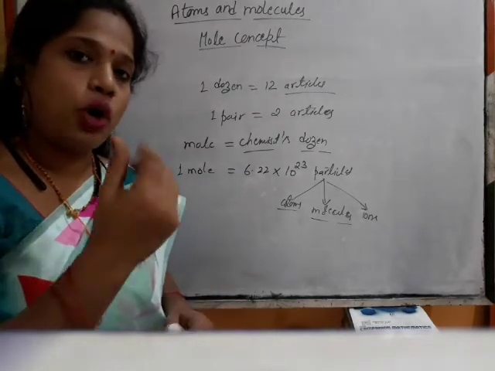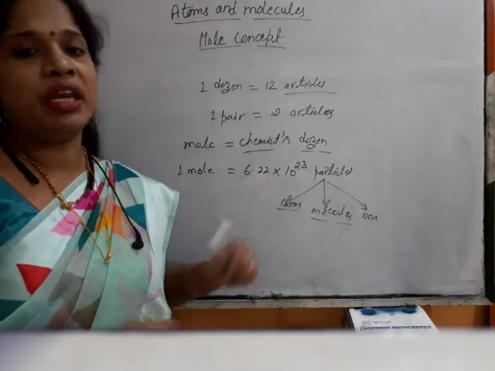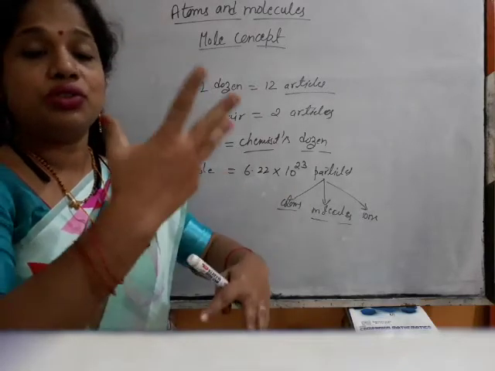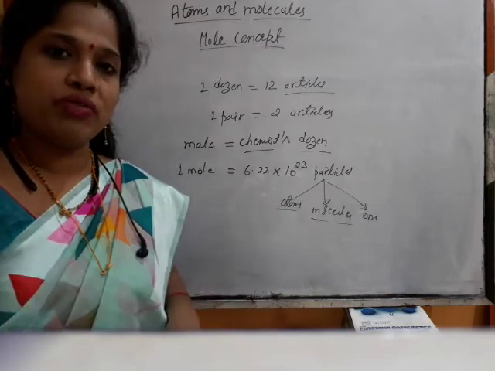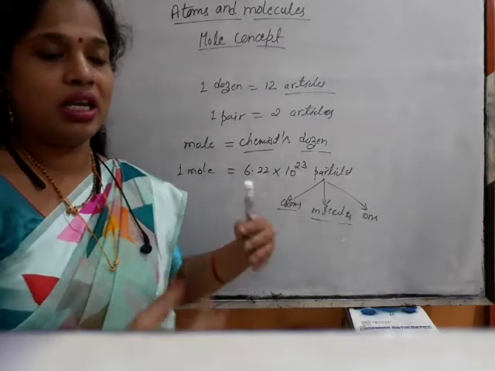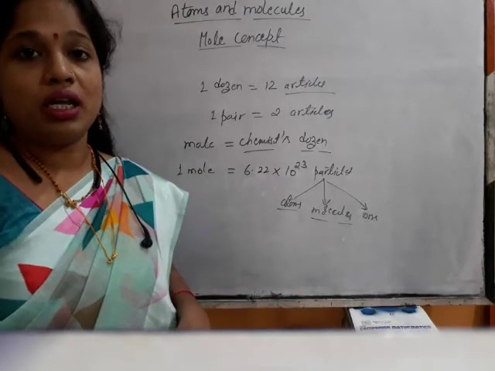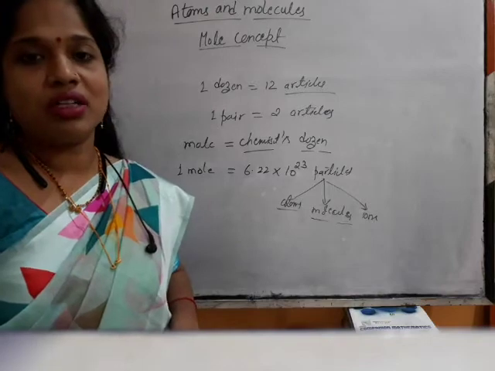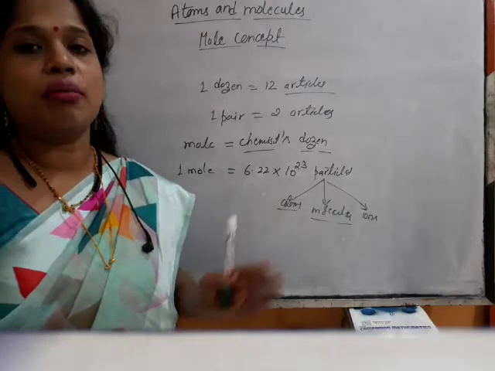If you take strawberries and start counting these many strawberries, then you will cover the earth 3 times. If you start putting these strawberries one by one, how far can we place them on the earth? We can cover the earth 3 times. So you can imagine how huge this number is.